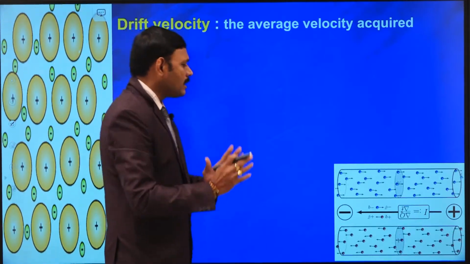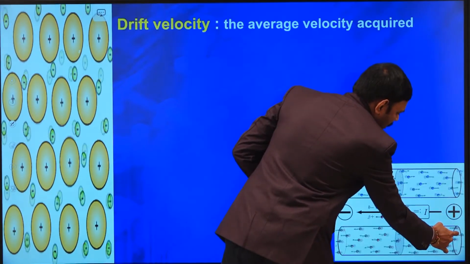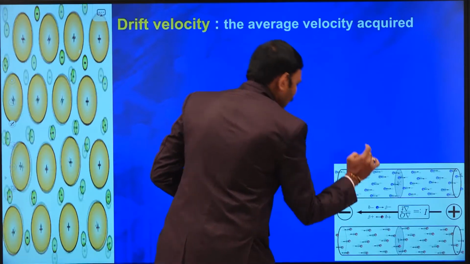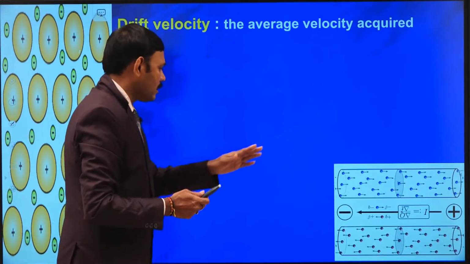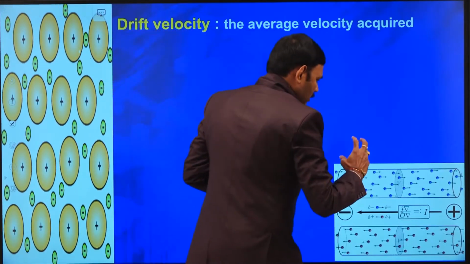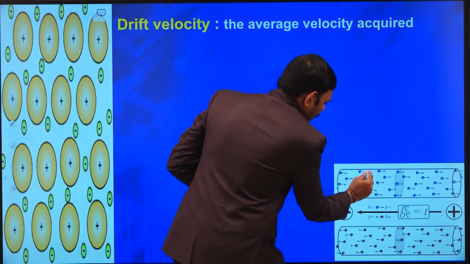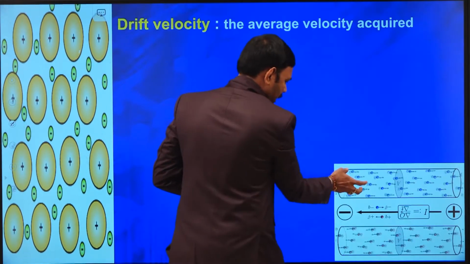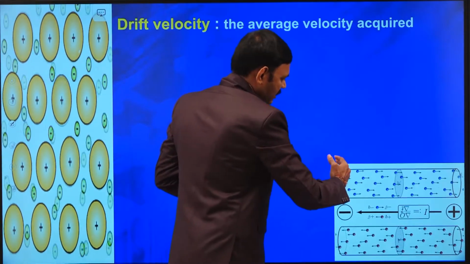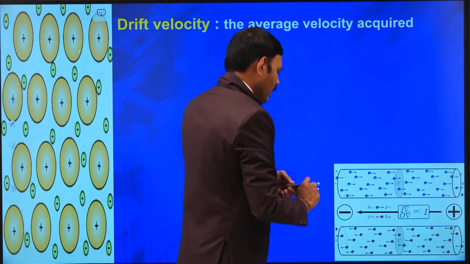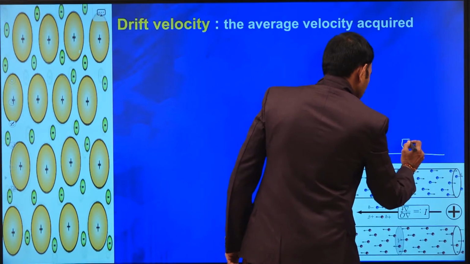But when some electric field is applied, see this animation. We apply the positive terminal of the battery at the right end and the negative terminal of the battery at the left end. Then the electrons direct in a particular direction. Always the electrons are moving. Let us assume these violet colored particles are electrons. Electrons are always attracted towards the positive terminal of the battery, and we apply the electric field in this direction. Clearly, this arrow mark indicates the direction of electric field.